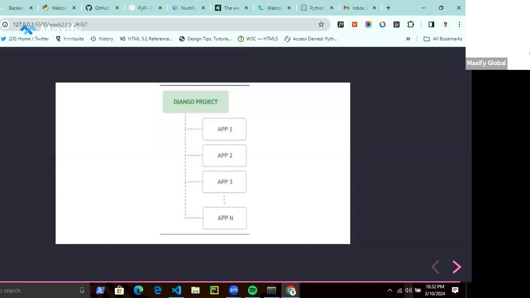Think about your website having an order tracking system, like an e-commerce system where you add products to a cart, like a store. That store can be an app, a sub-component of your website. Let's say you're trying to log in users and create accounts for users. That is known as authentication. That authentication system can be an app. You can create an app for just authenticating users, allowing users to sign up and sign in.